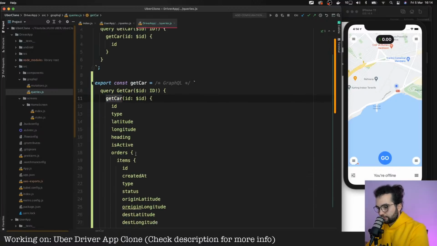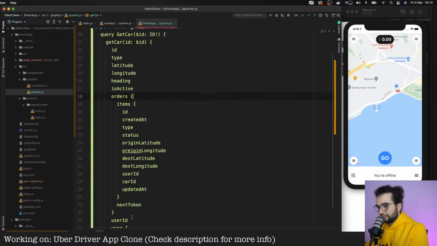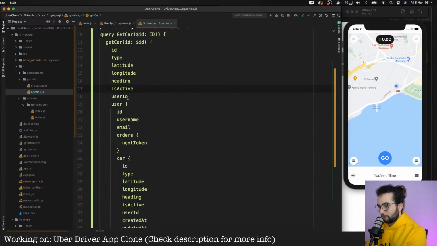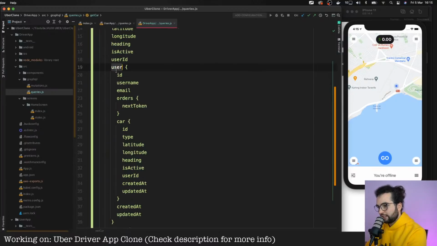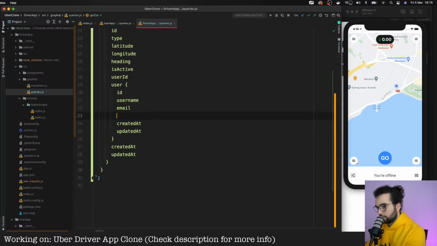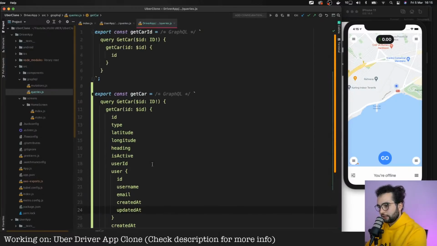Get car. Let's think of what we will need. We will definitely not need the orders, because these are the orders that the user already had. We will need new orders. Will we need the user? Yeah, we might need the user, but we will definitely not need the car of a user. Okay, let's keep it like this.